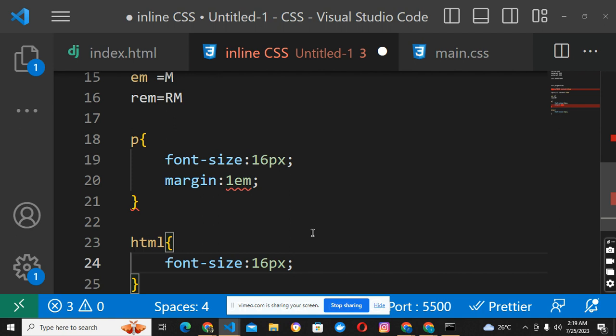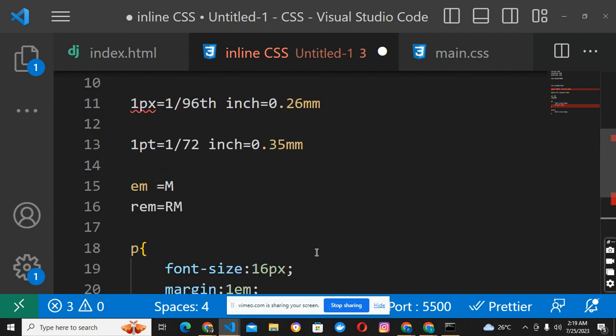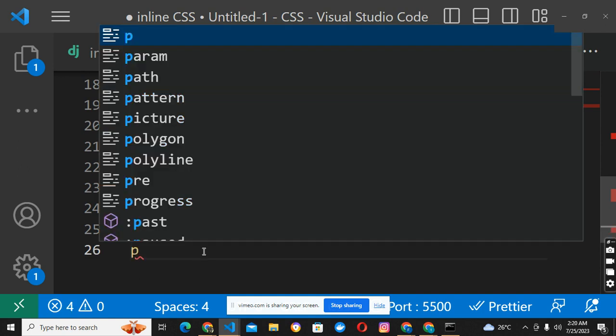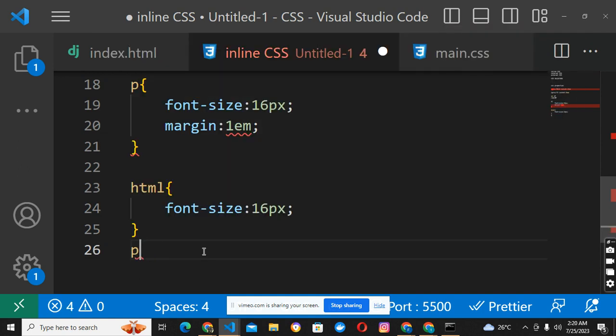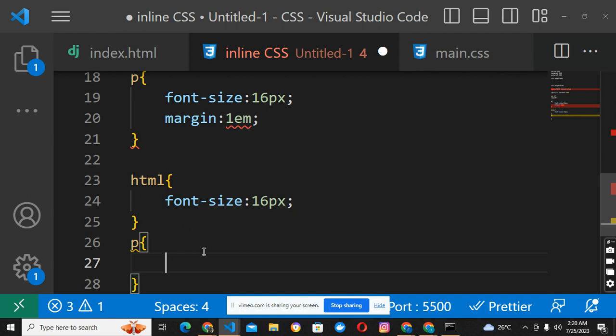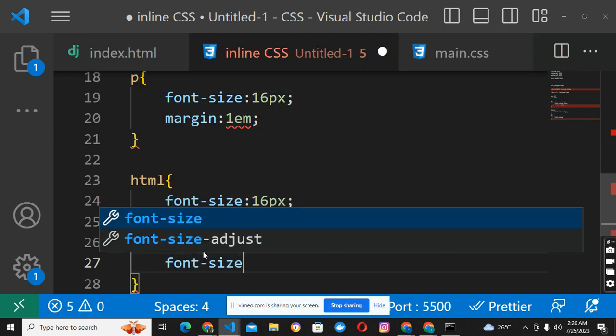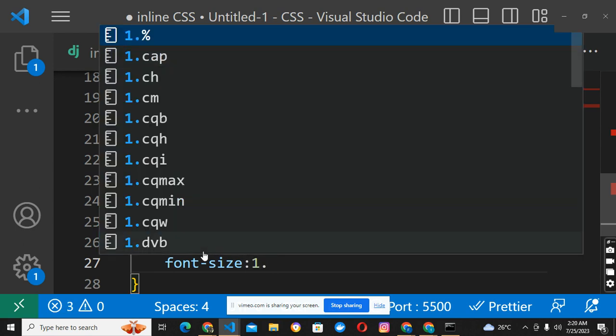So that is the root font size, 16 pixel. After having that, we now want to have the p tag, with font size to be, say, 1.5